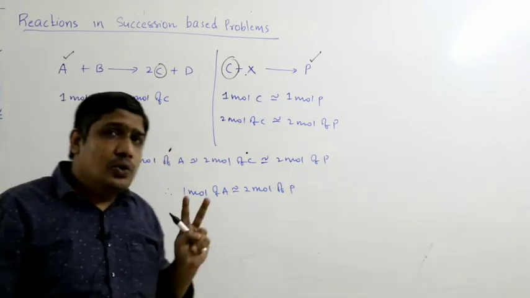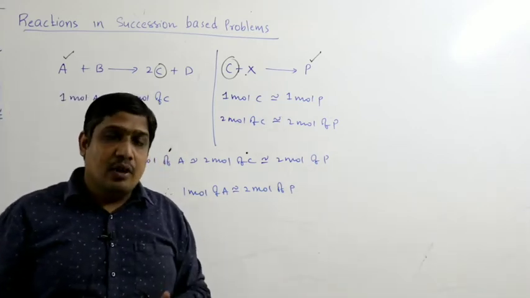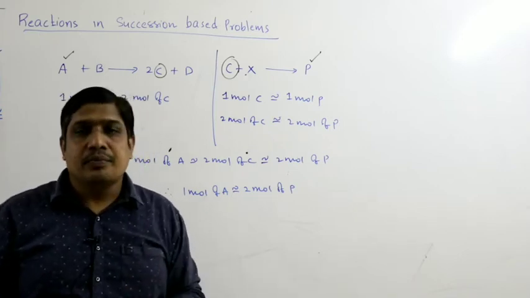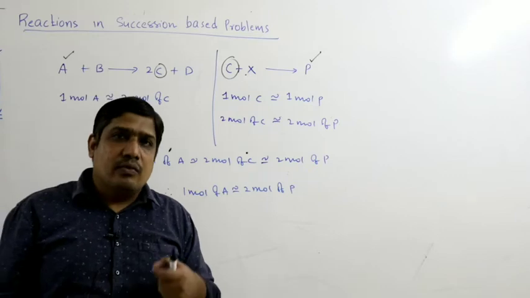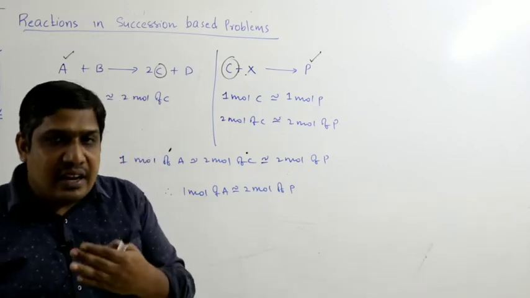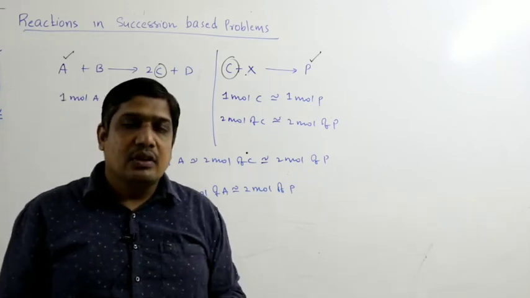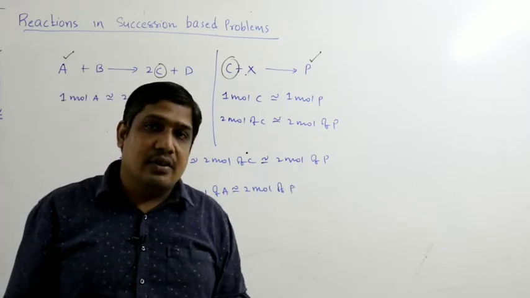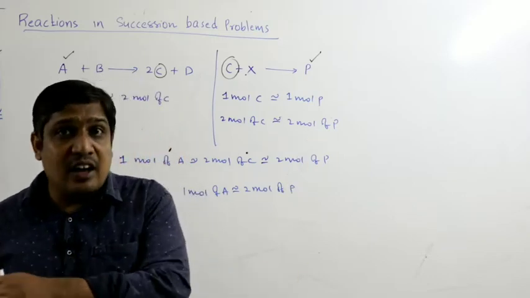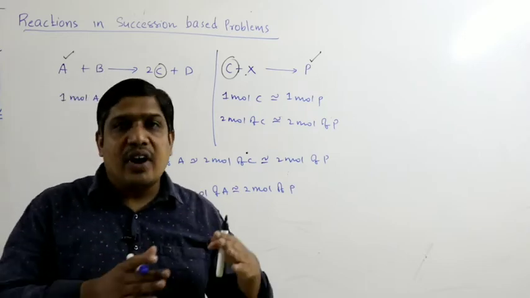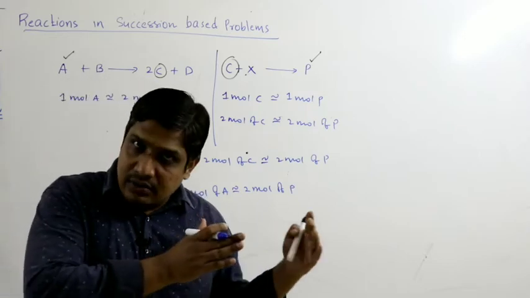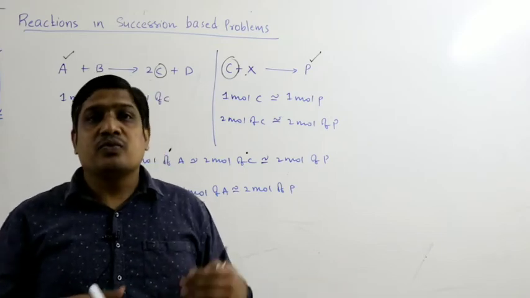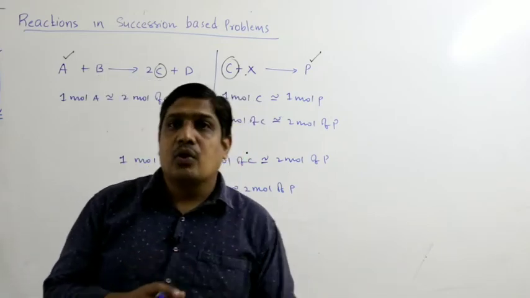So once again, two different reactions are given, both having a common component. Next step, the amount of one of the reactants in a reaction will be given. The amount of one of the components in another reaction is to be calculated. Find the relation between the given component and the common component. Find the relation between the required component and the common component. Right? Using these two, calculate the required amount.